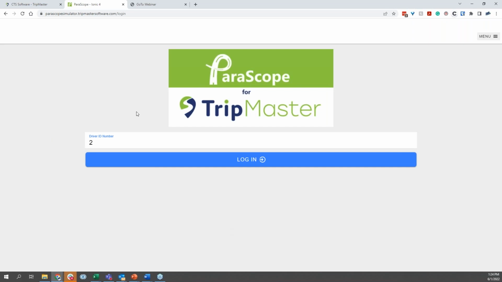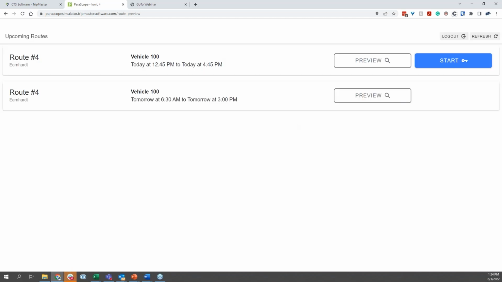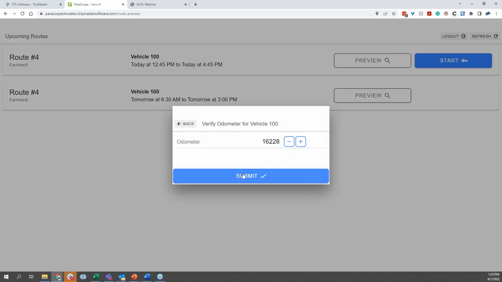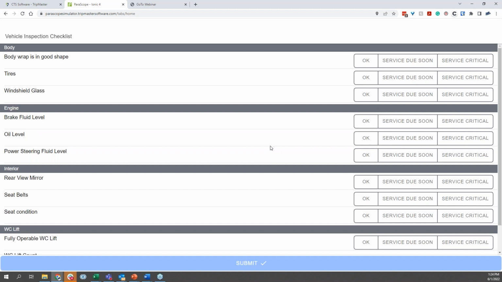Sure. So go ahead. The reason Adam and I want to show you this is because one of the things we found is potential clients come to us and say, we can't use software. Our drivers are very, very tech challenged. They do not want to do this. They will leave if they have to use software. So having that simplicity is just so key.